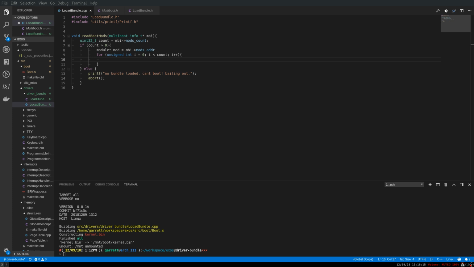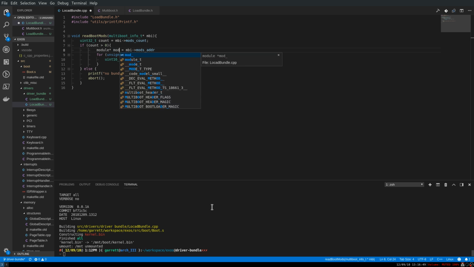And that magic number is going to be E0DB, or XOS driver bundle. 16-bit number, so we want to say if, so we're going to say uint16_t mod struct,